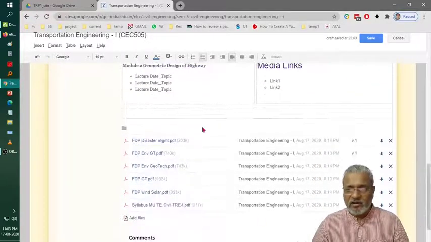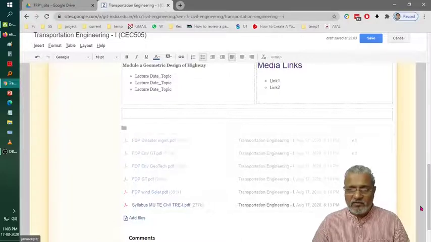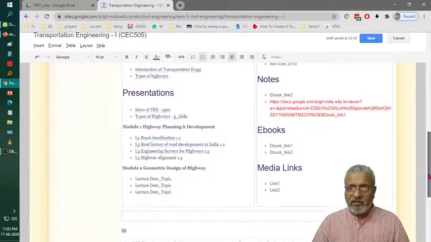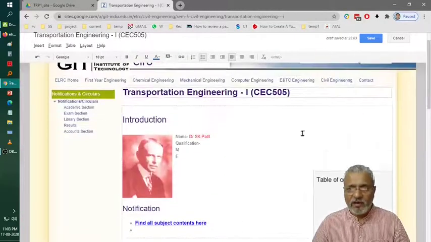Okay, and I don't want to do this. I will just get rid of that. Okay, I don't want it, so that it will not create difficulty and mess for the student. So this way I want to control the access to the student. I have done everything I wanted to do. I will save all these things right now.